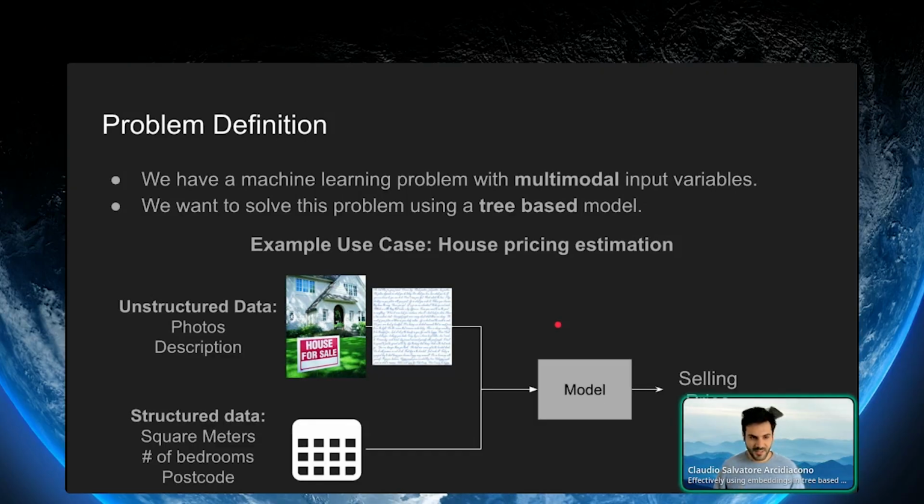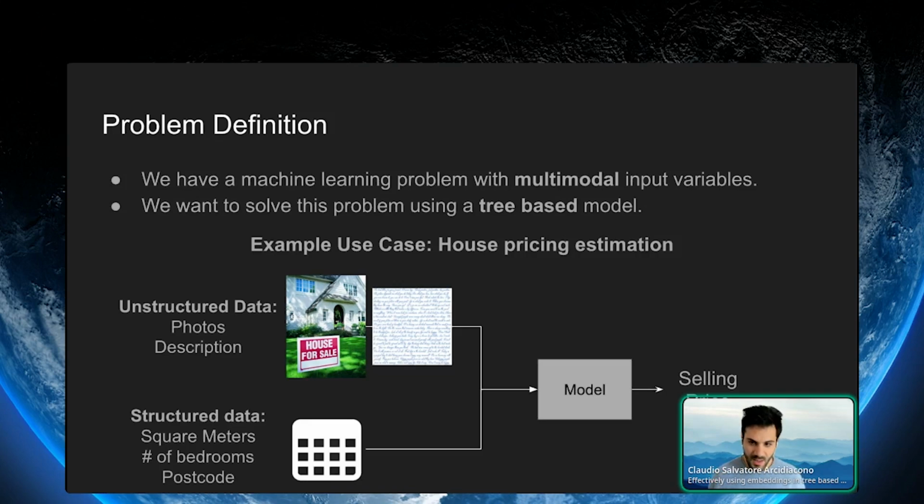So let's first take a look at our problem definition. This is a problem that is relevant for us if we have a machine learning model that has multimodal input variables, and we decide to solve this problem using a tree-based model. An example of such a problem is house pricing estimation. I think this is a pretty crucial case study for us because in house pricing you have structured data that are really relevant to your problem. For example, square meters, number of bedrooms or postcodes are usually very strong predictors of selling price. And already just by leveraging your structured data, you can provide an accurate forecast of the selling price of